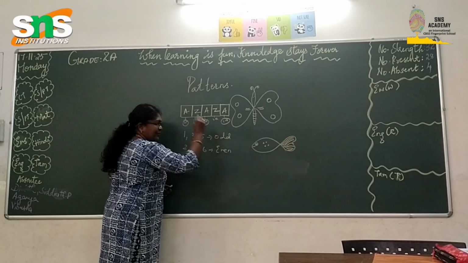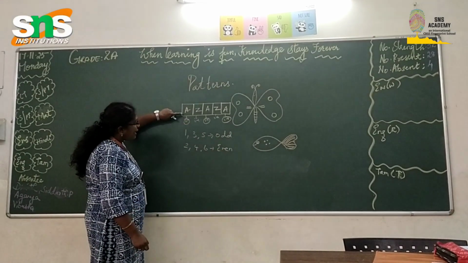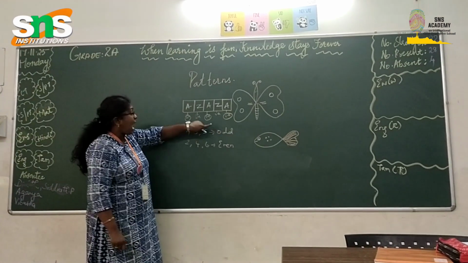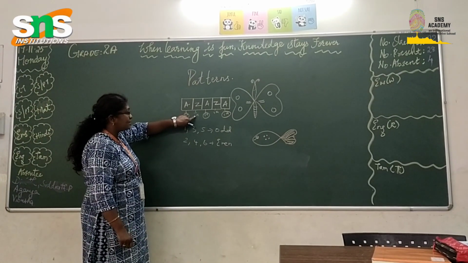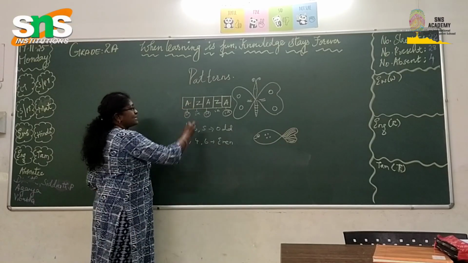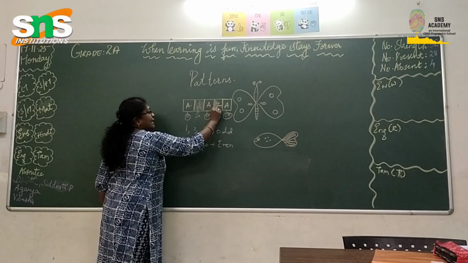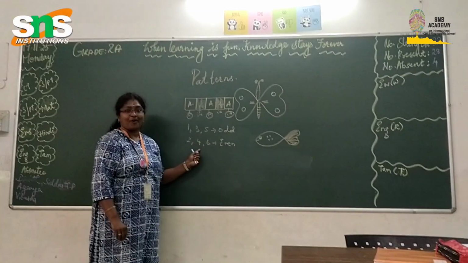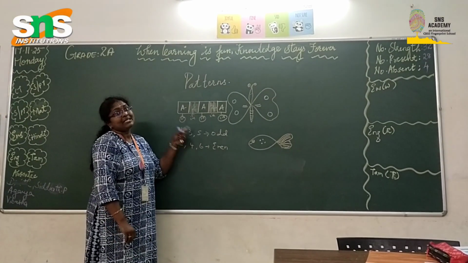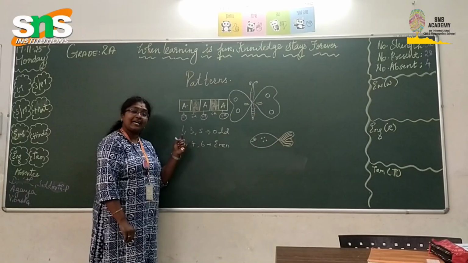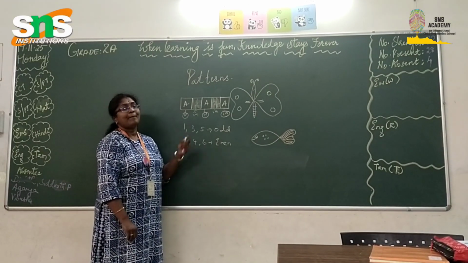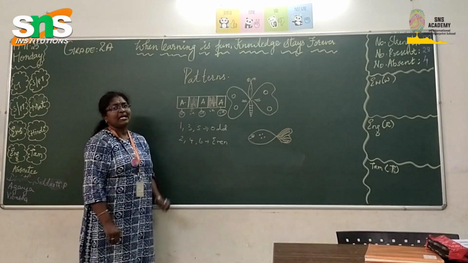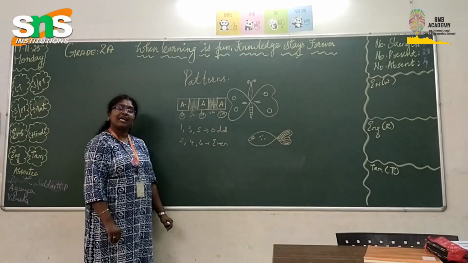Look here children, I will give you the tactic. See, here the A is always available in the odd number places, and the even number places like 2, 4 are filled with this Z. So this is the relation of patterns with maths. You got the concept children? That is why we have patterns in maths. You all understood children? Now you will ask me a question: is it only for the letters? No, it is even for the numbers.